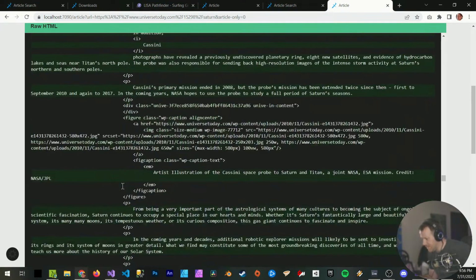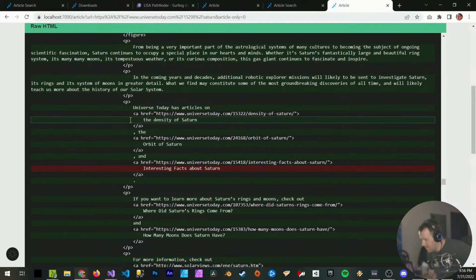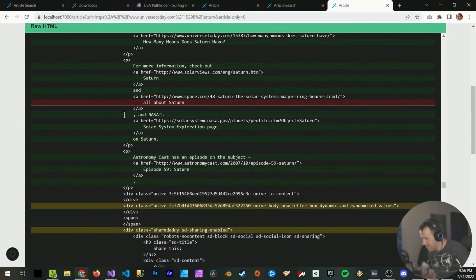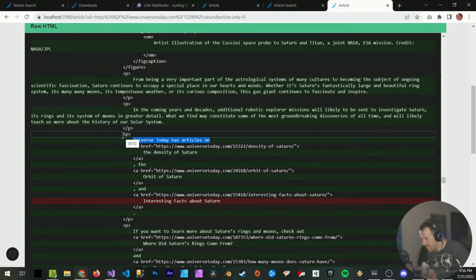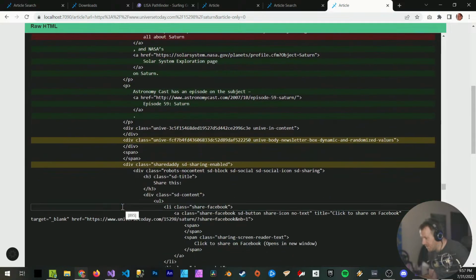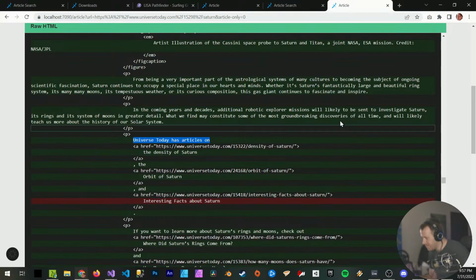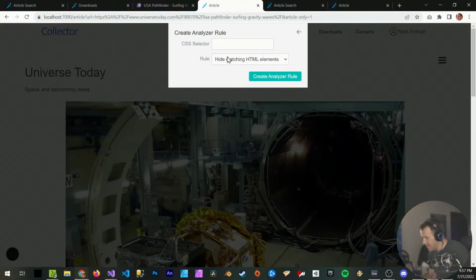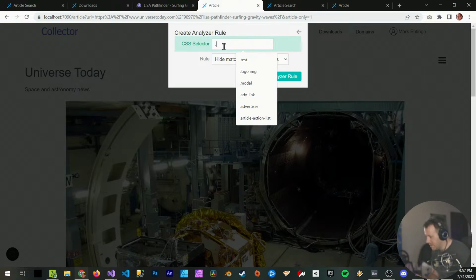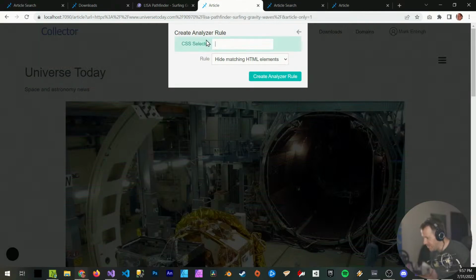Wow, it's a lot of content. This is crazy. All right. Now, see this? We can get rid of this, and all siblings below it. So I think the way we do that is, oh, what was this in? This is in a P, a paragraph. So let's get P where the text begins with that, and then